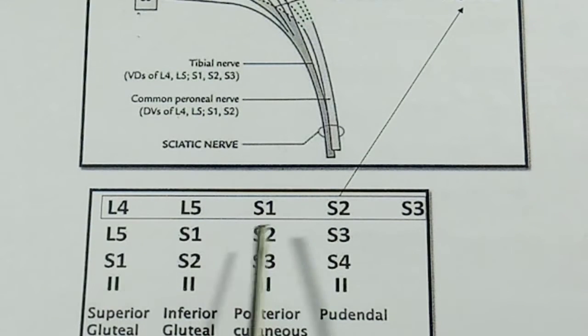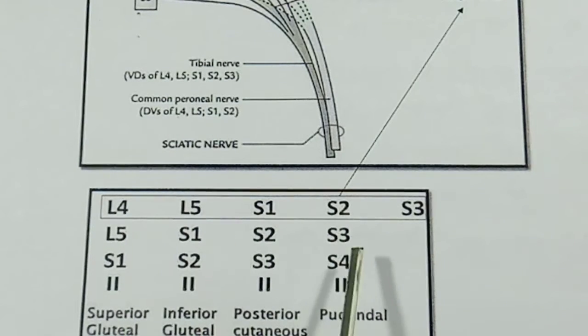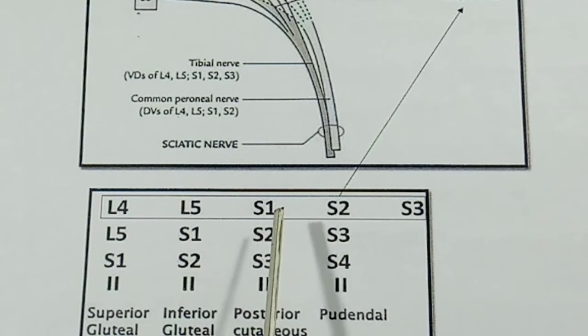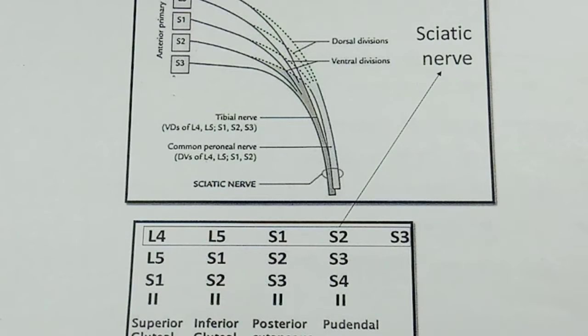And again you have to add one more row. Now you have to leave L5, so you will write S1, S2, S3 and S4. Now the result is we get the nerve roots of four other nerves. L4, L5, S1 are the nerve roots of the superior gluteal nerve, whereas L5, S1, S2 are for the inferior gluteal nerve, S1, S2, S3 for the posterior cutaneous nerve, and finally S2, S3 and S4 for the pudendal nerve. That's how the anatomy becomes easy. If you know something and integrate something with it, you can easily study the hardest concepts in anatomy.